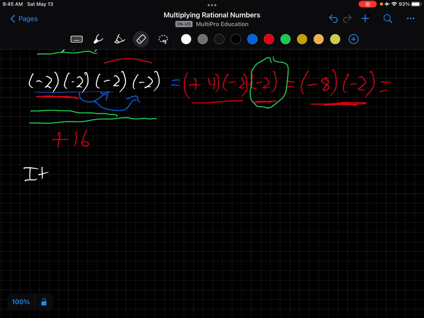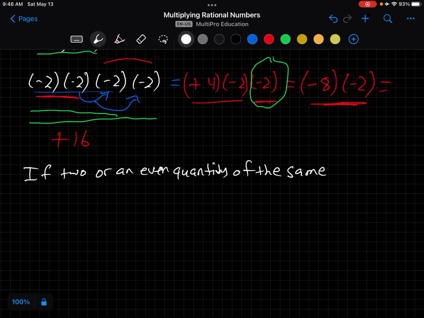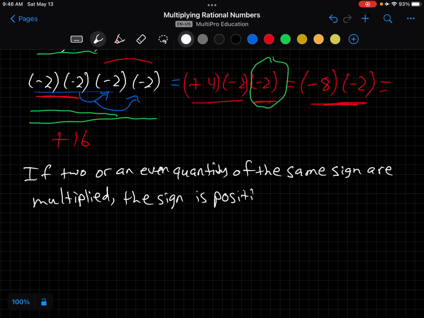And let's expand upon those rules. If 2 or an even quantity of the same sign are multiplied, the sign